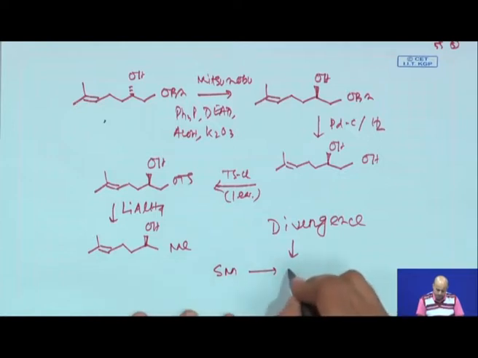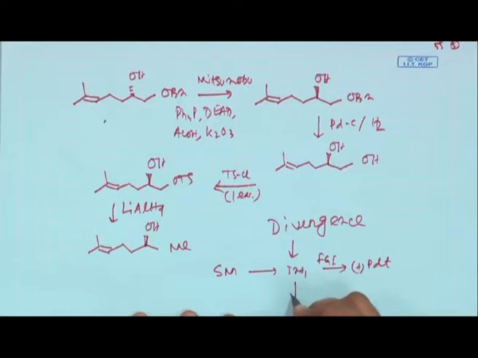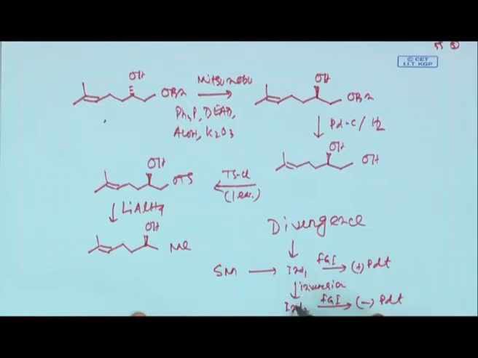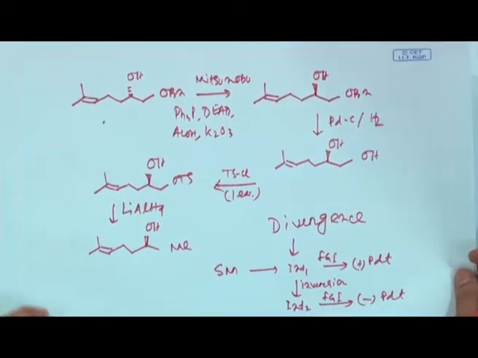The pathway you have already seen: you have an intermediate, you do an FGI, and you get the product, one enantiomer. Now, for this intermediate, if it is possible, you do an inversion or stereomutation, and you get another intermediate which is inverted. Now, do the same sequence of FGI to complete the synthesis. So, this stereo inversion or stereomutation was very important, and you can think about this kind of reaction in numerous pathways.